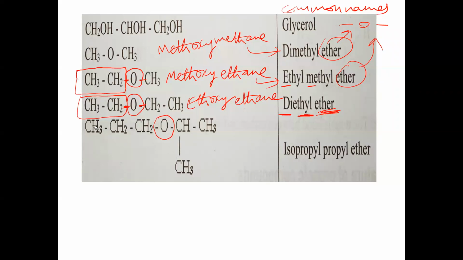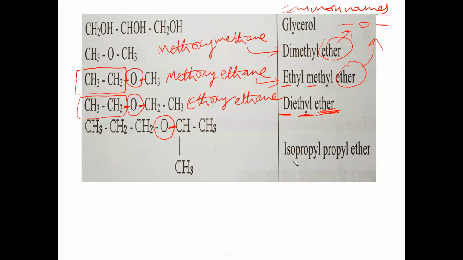In this propyl group, all the 3 carbons are in a straight chain. In this propyl, one branch is there. So this group is called isopropyl. See this free bond here; the free bond is on the last but one carbon. So this group is called the isopropyl group. And this is N-propyl, where N means normal propyl, a straight chain, and this one is isopropyl.